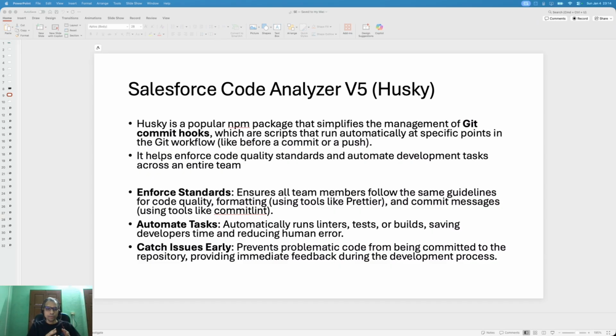Now, in Visual Studio Code, when a developer is writing code, let's say I change class A. I just need to right click on class A and scan the file with the Code Analyzer, and it will give me the list of problems it finds, and we need to fix them accordingly, right? But the problem is that I might forget it and just commit